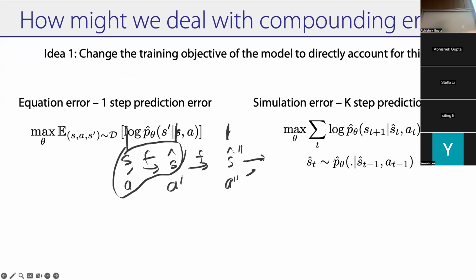So why wouldn't I do this? Yeah. If the state you predict is out of distribution, then how do you know what the real state is that you should take an action from? In this procedure? Yeah. So in this procedure, you know that